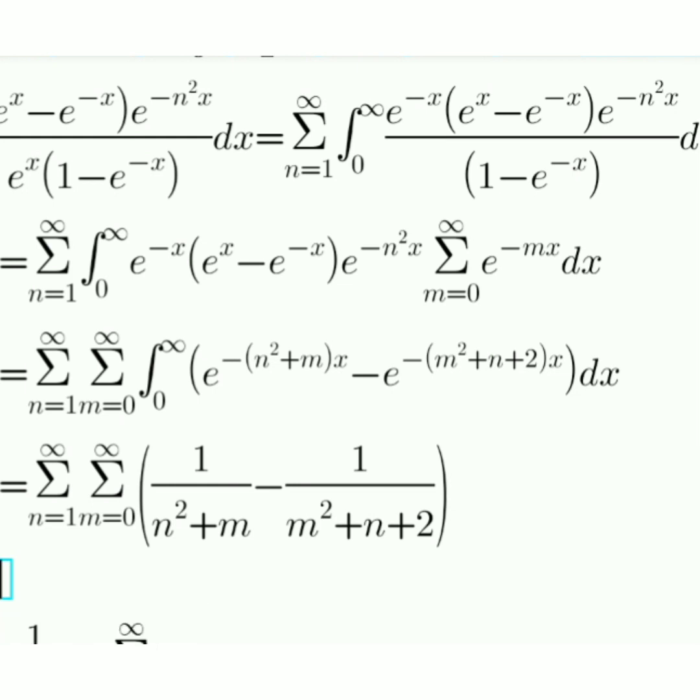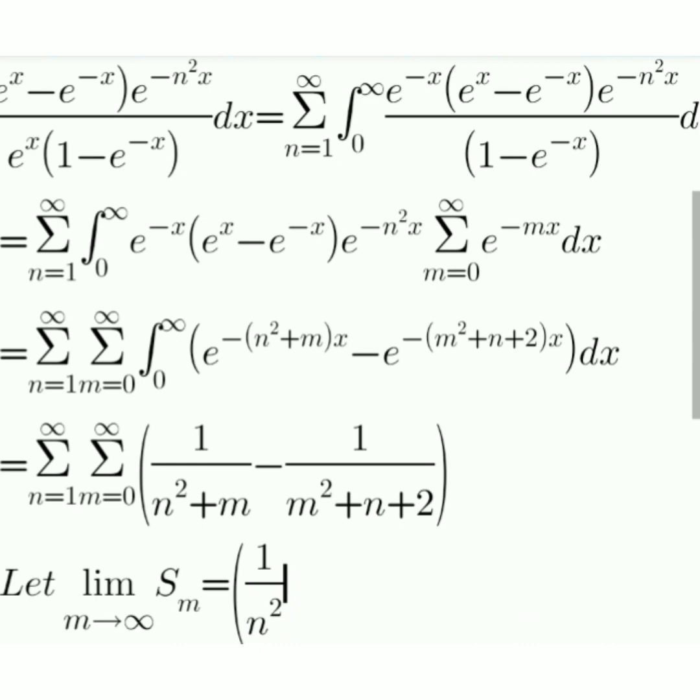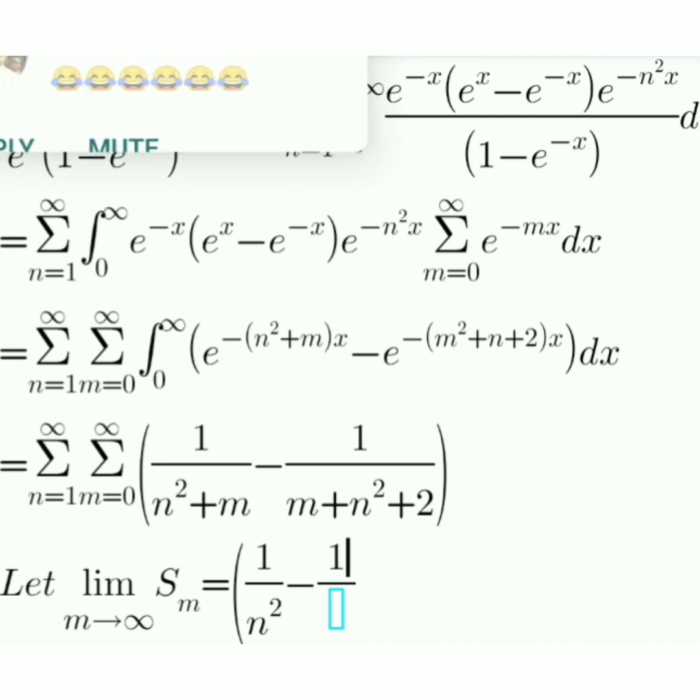I write, let sm equals to, and this value is sm, and it is limit m tends to infinity, sm is equal to 1 by n square, 1 by n square, it should be m,